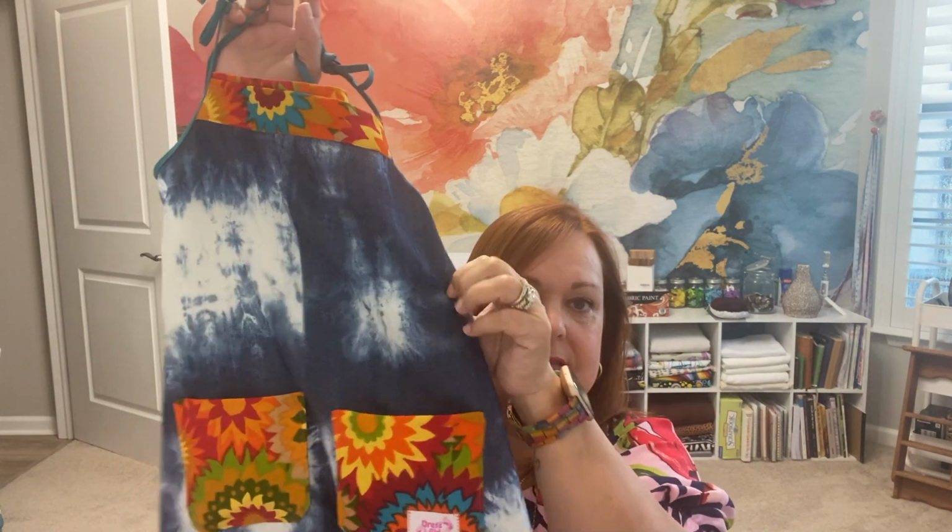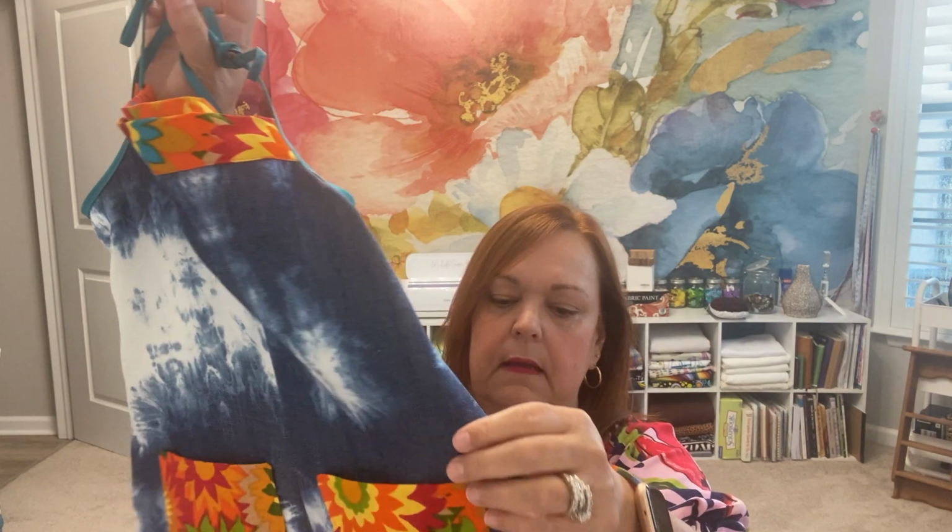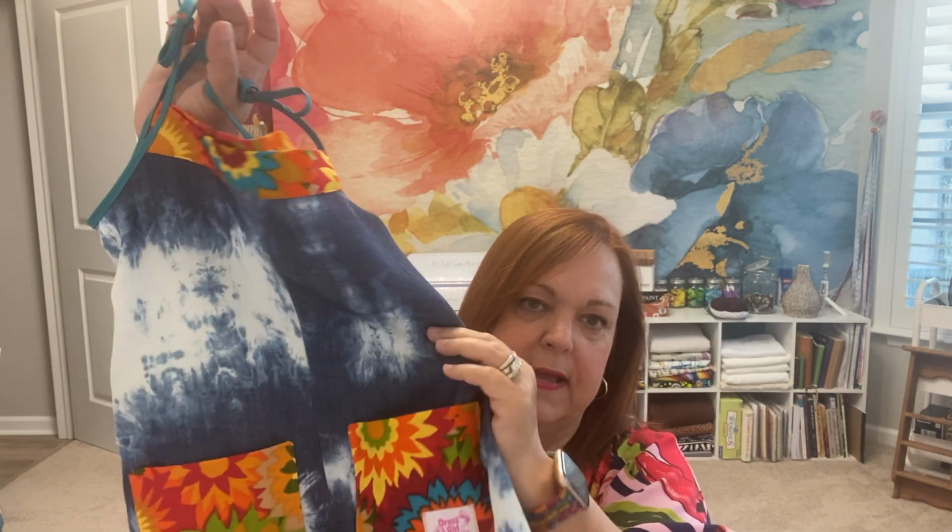So this is some tie-dye tencel from Joann's. I bought this years ago. In fact, I think this is still available at Joann's. Every time I go, I'm pretty sure I see it. And then this is leftover scraps from an Ankara fabric that I bought,